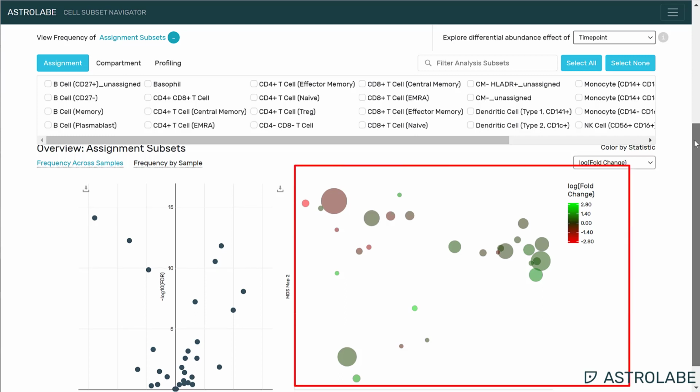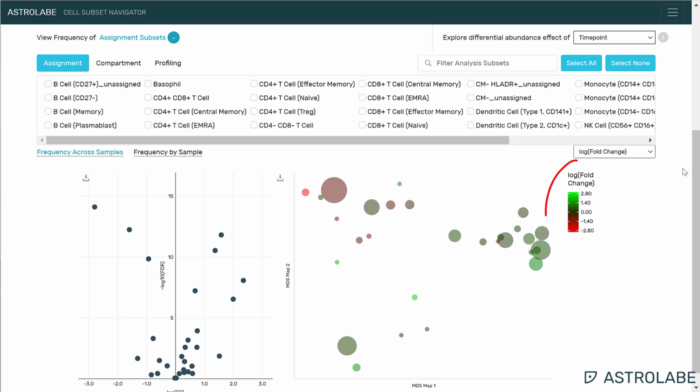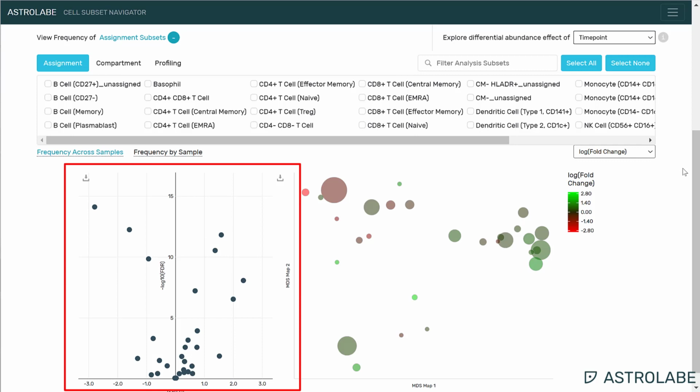In the MDS map, the size of the bubbles still represent the relative frequency of subsets, but now the color is shaded to represent the fold change of each subset across the time point, with the more saturated green and red bubbles representing a greater fold change. The other visualization is a volcano plot, which can also help me pinpoint those subsets with the most significant change